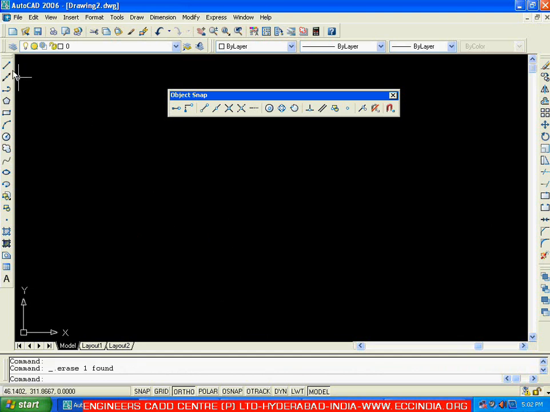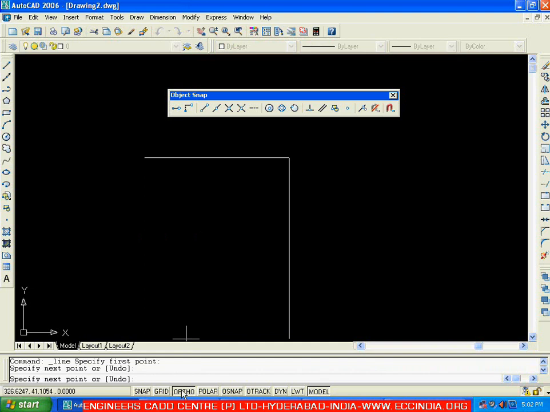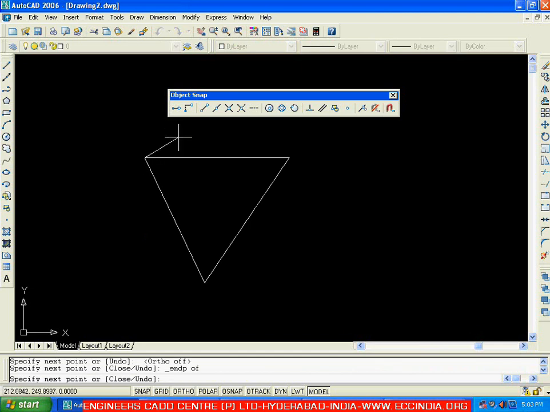And again for this, let us take few lines. Let me switch off the ortho now, and I want to join here, so let me go snap to end point and snap this end point. Now I want to draw a circle passing through these 3 end points. So let me go with circle,